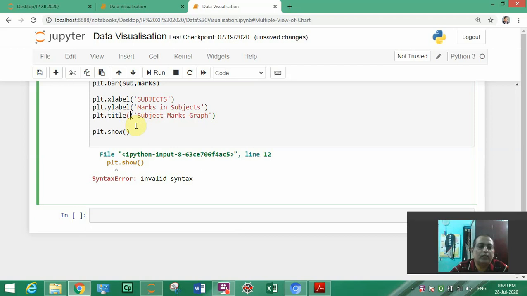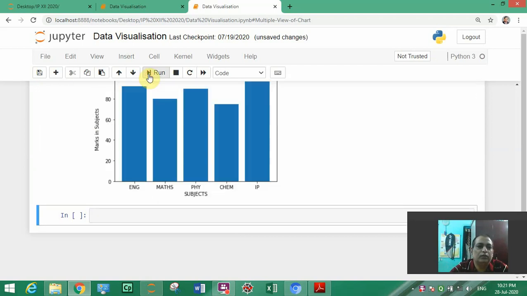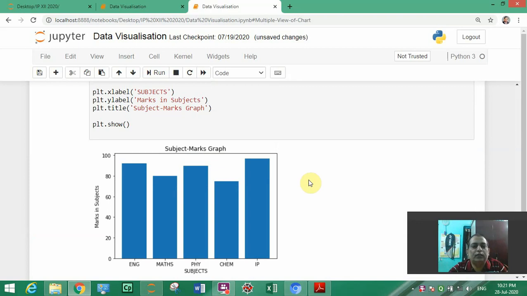Yes, here two brackets are there, so remove this one, and if you are working, error will come.